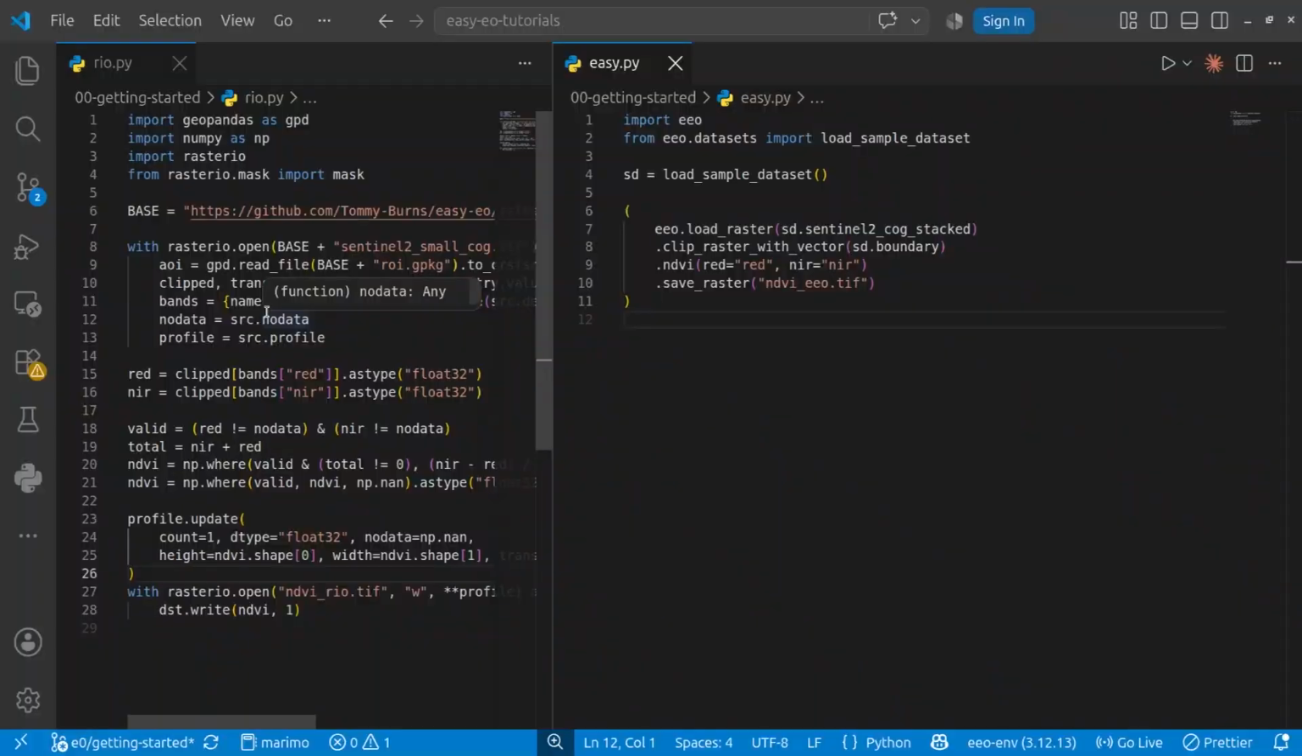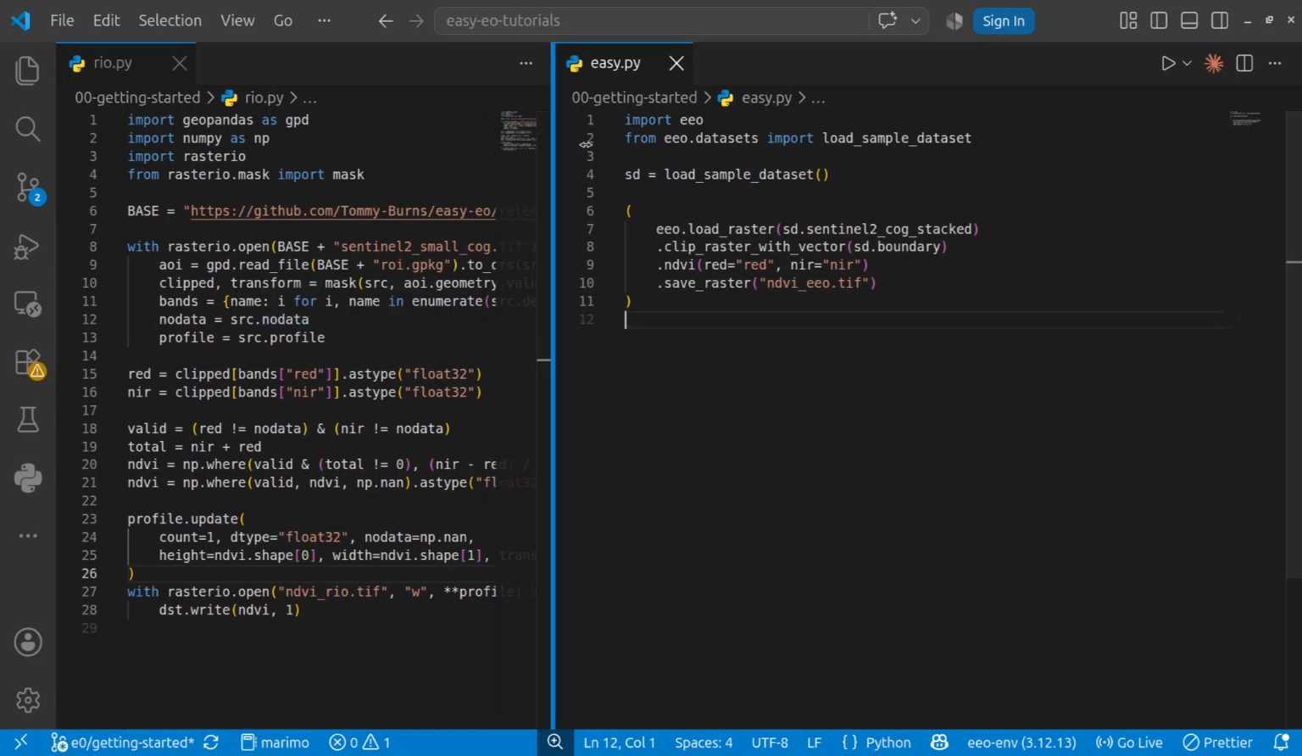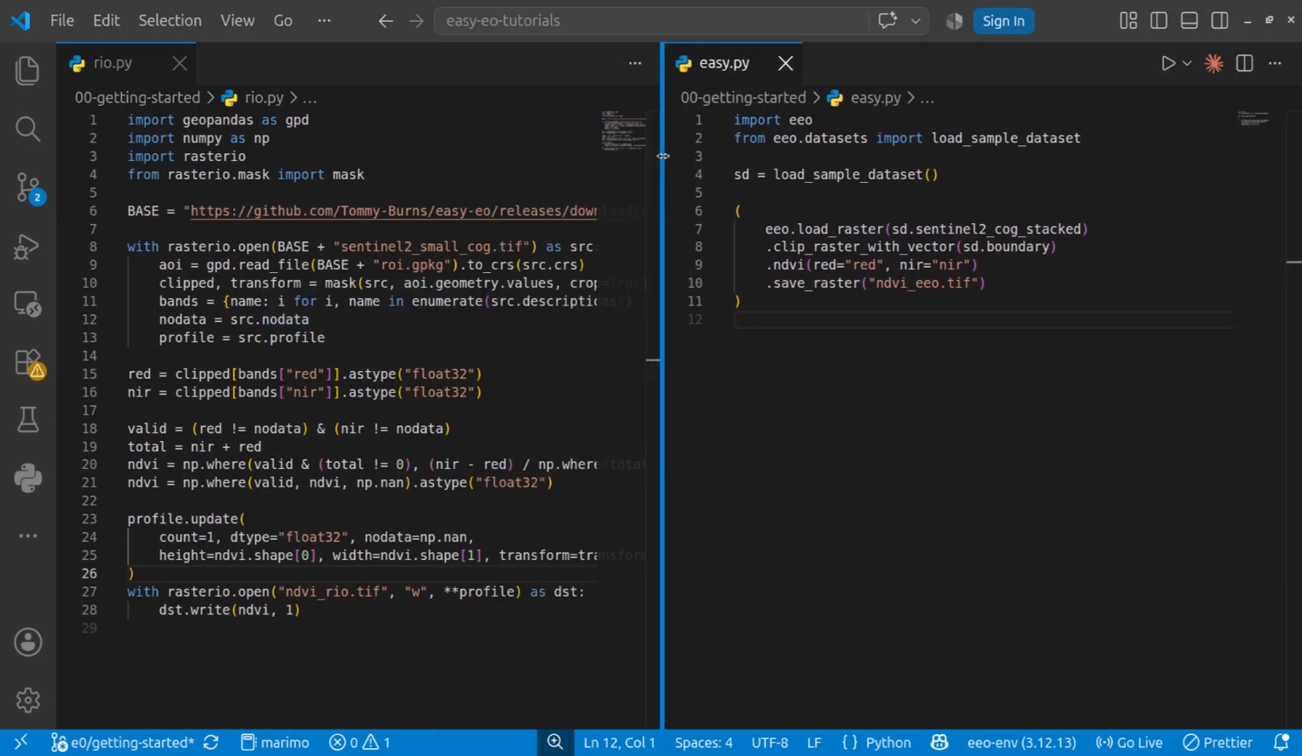are the same. But the point here is not the line count, not just because EasyEO can do it in a few lines of code. The point is that with Rasterio and other traditional libraries, you have to take care of a lot of things and make sure that you do all of them right. And there are chances that if you fail to do it right somewhere, your analysis might crash or produce inaccurate